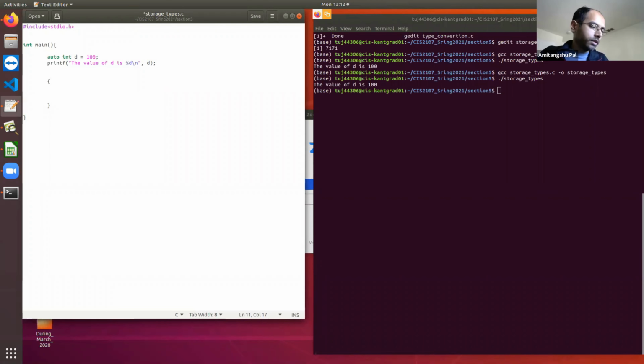Here, if I write auto int b is equal to say 500, and I am writing the value of b is %d. Okay. If I run this, is it going to give any warning or error? What do you think?